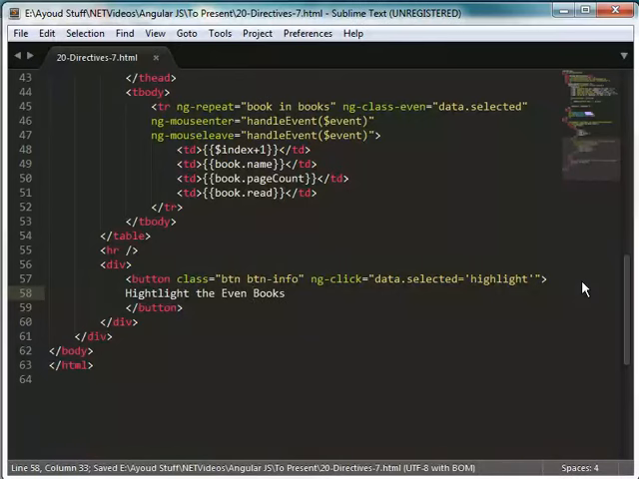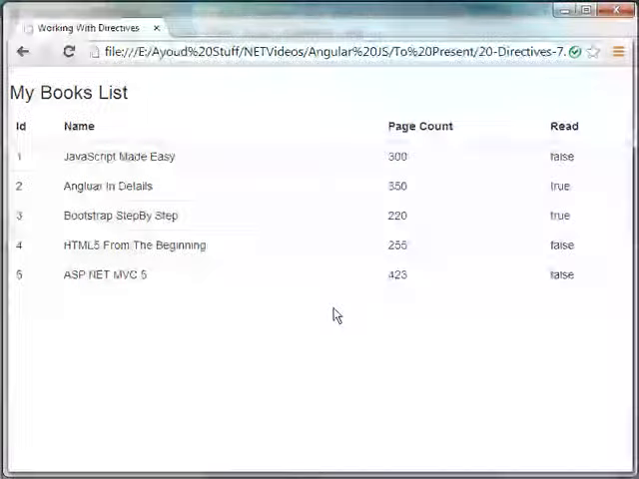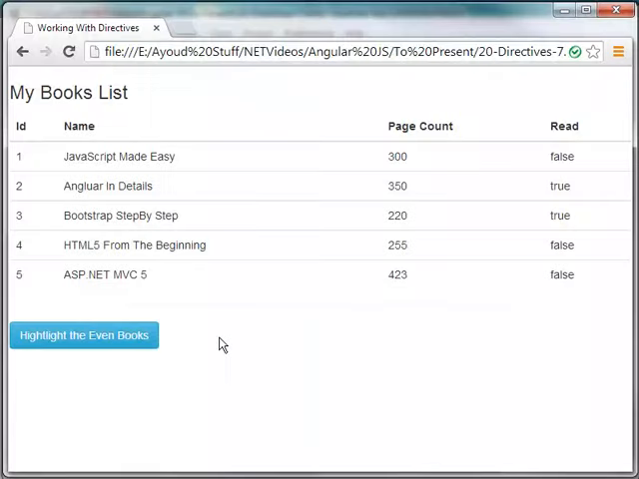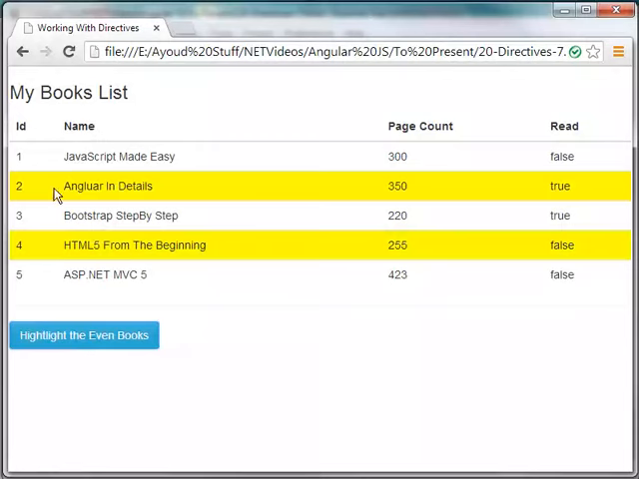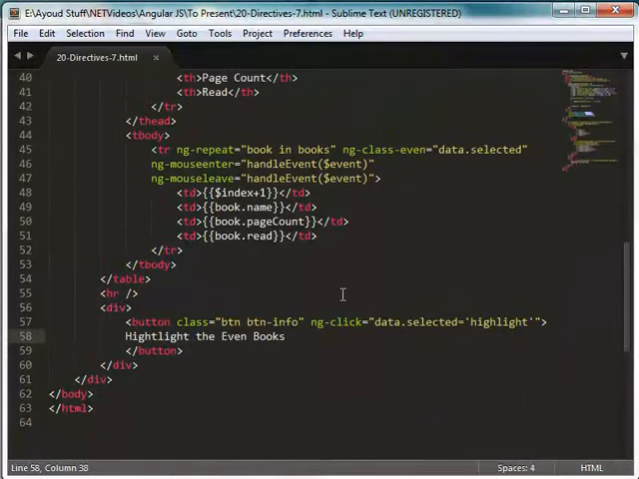Okay, let's go ahead and save that, and let's go back to the page, reload, and I see the button over here which has the info class associated with it, as you see it with this color. Now if I click on this button, I see that the even ones are being highlighted with yellow like it promised me. Okay, now the other thing is I want to test the mouse enter, mouse leave events that you see